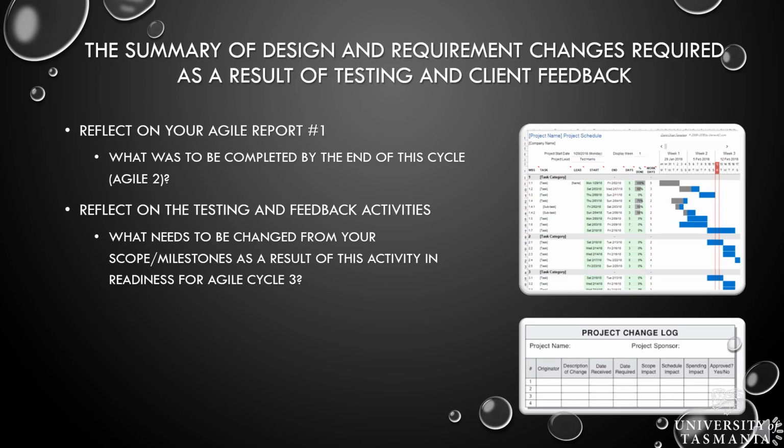So obviously things are going to need to be updated. Now, in terms of representing those updates, in Agile Cycle 1, many of you just decided that change was needed and you moved things around, you deleted or added new tasks. In a real project management environment, that is not the way we do things. We create what are called project change logs. This is where we identify, as you can see in this diagram on the right at the bottom,